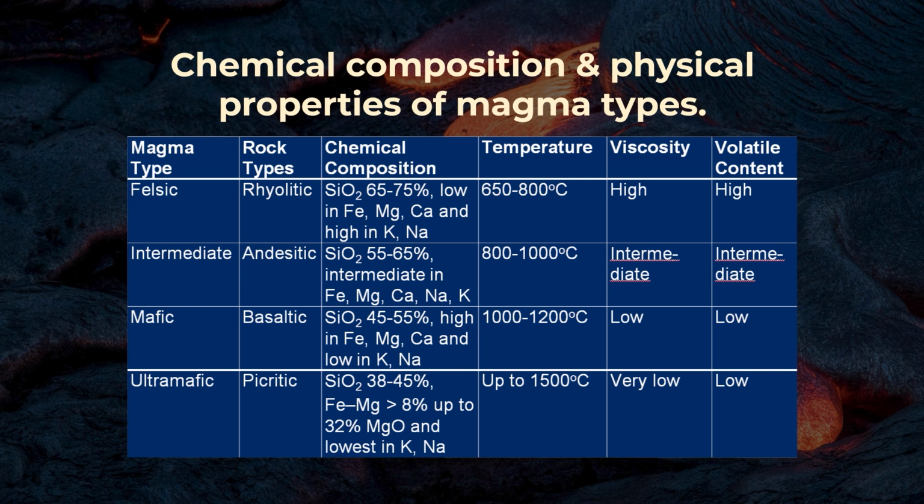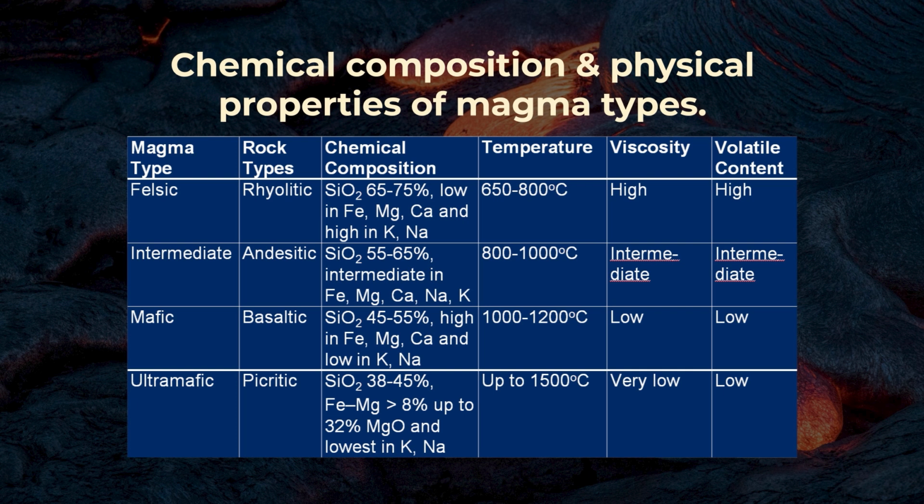Felsic, that is rhyolitic, has a silica composition ranging between 65 to 75%, with low iron, magnesium, calcium and high potassium and sodium. Temperature is 650 to 800, and viscosity and volatile contents are high. Intermediate, that is andesitic, has silica between 55 to 65%, with intermediate iron, magnesium, calcium, sodium and potassium. Temperature ranges between 800 to 1000 degrees centigrade, and viscosity and volatile content